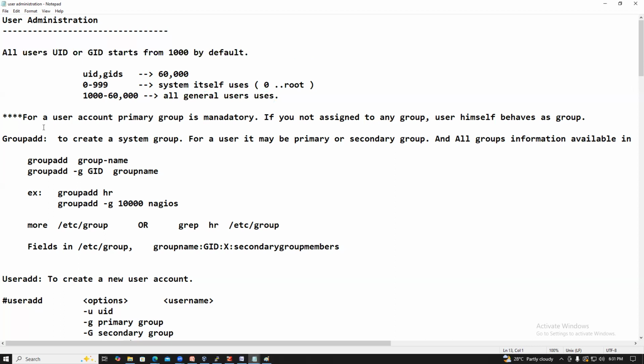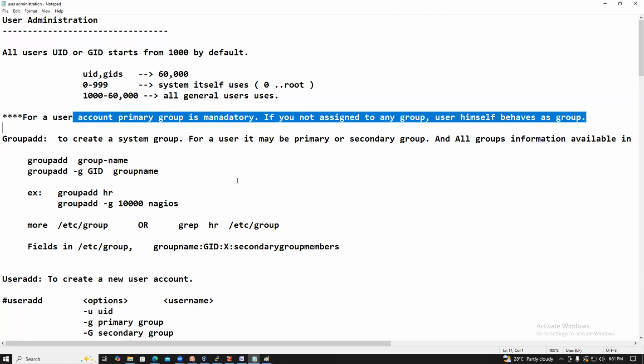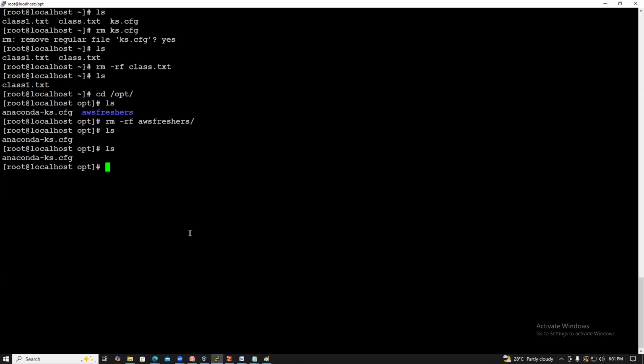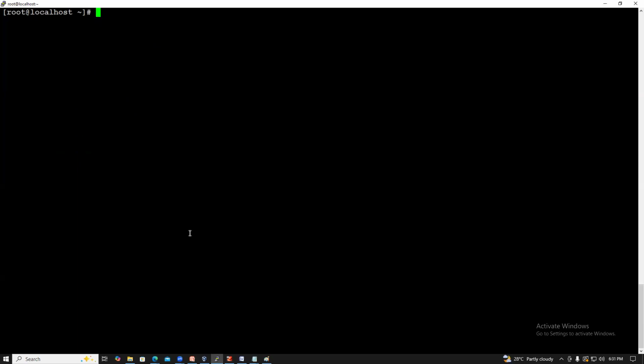For a user account, primary group is mandatory. If you do not assign any group, the user himself behaves as a group. So how can you create the group, guys? For example,